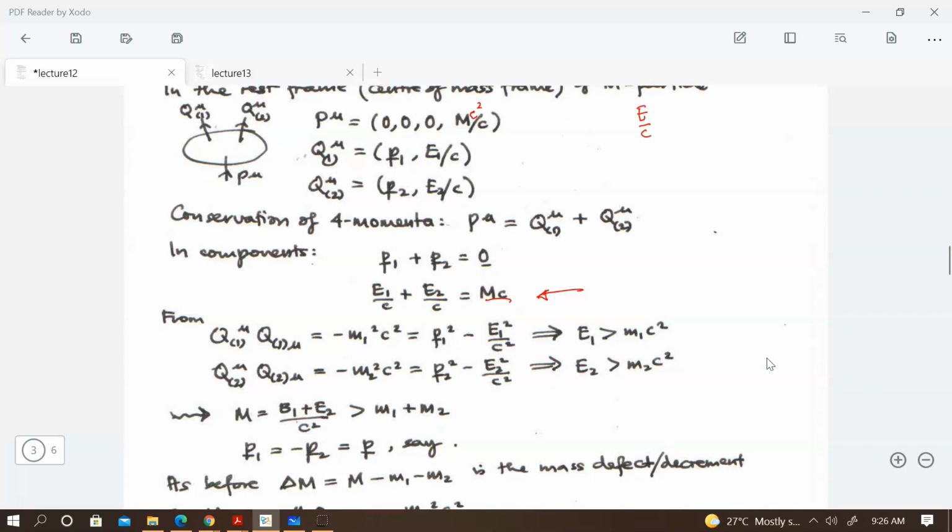Right, and then okay, so what do we do with these equations? Well, one can get more knowledge by noting that each of these four momenta will have their own invariants. This must be observed. So for example, if I take the invariant coming from particle 1, Q1 mu contracted with Q1 mu, this must be equal to your rest mass times C squared. Okay? So you can check your earlier notes on four momenta. So this is minus m1